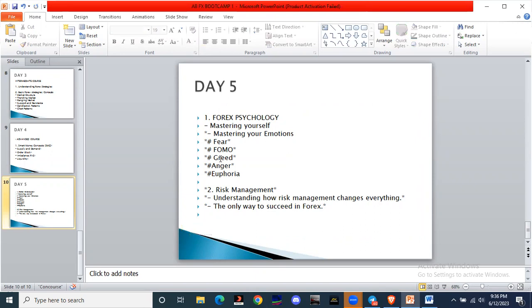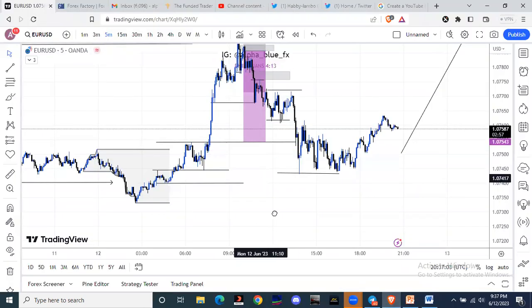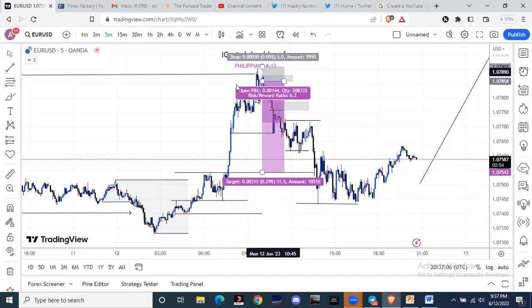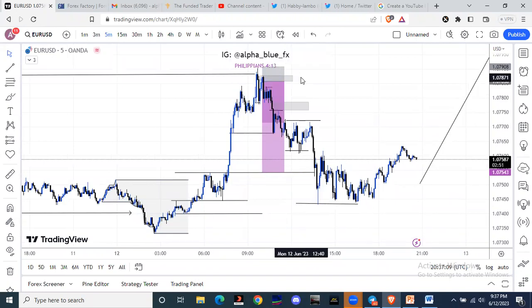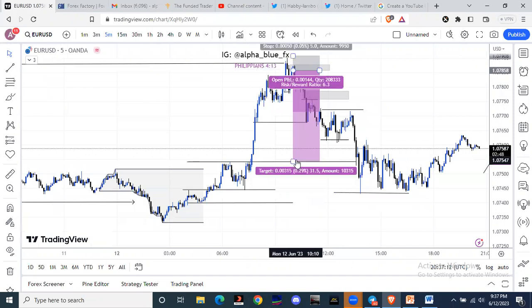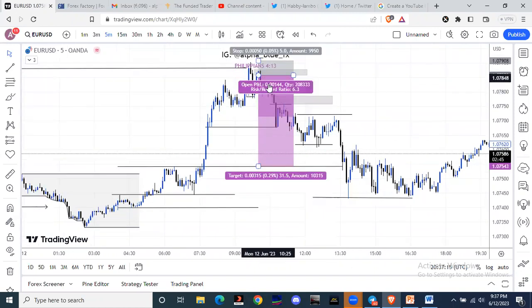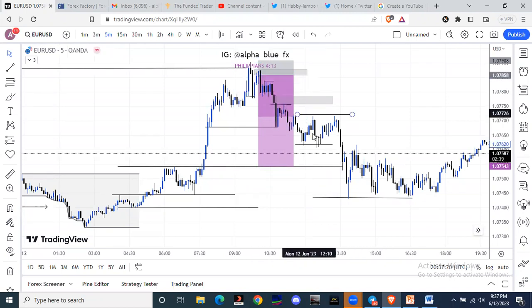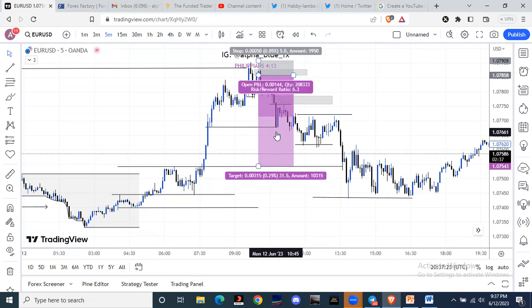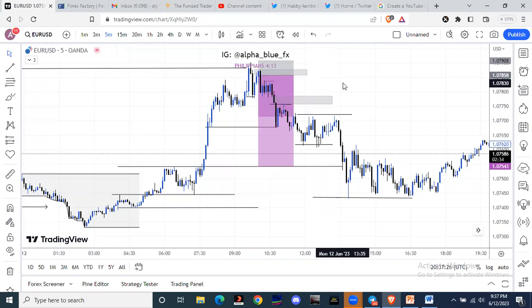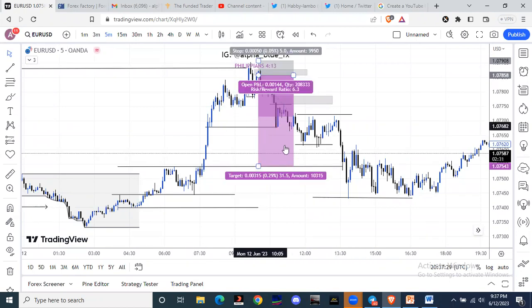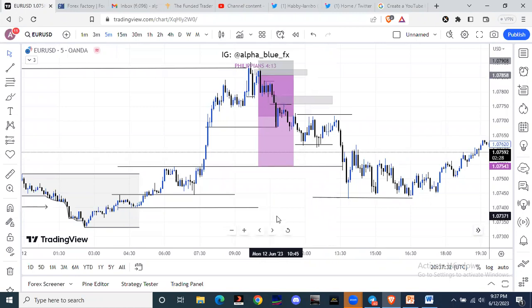Why? Because probably yesterday you missed a trade because you didn't jump into it, and after the trade played out in your favor, just exactly as we have with today's example. See, now I would have taken this trade right at the top here and would have been in profit. And it reached the target I was targeting, but price never came back up here for me to get an entry. It just kept selling. The more I waited for it to pull back for me to get an entry, it didn't. So I would be thinking that if only I had just entered myself, market execution, I would have sold and by now been in profit. But that's not how it should be.